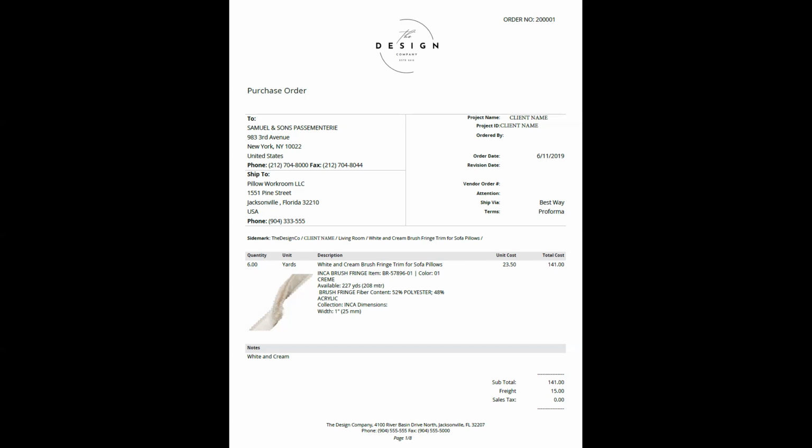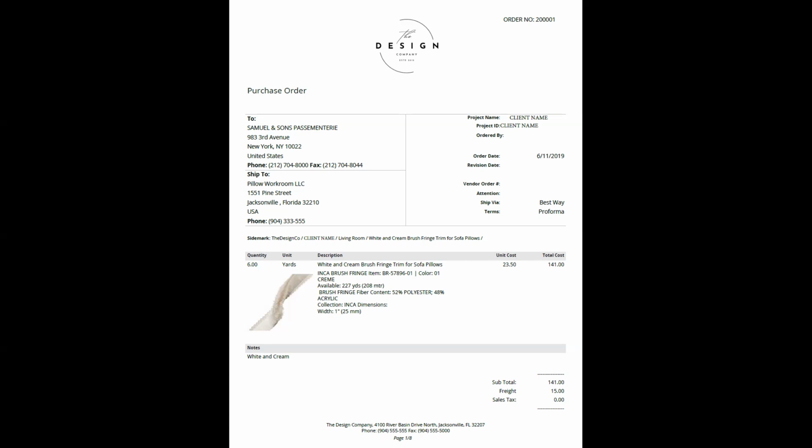In any case, it's possible that the incorrect fringe color or style could show up. And that's why there's a photo of it here. There's a description of it, and if this is going to be shipped directly to the pillow workroom, the workroom might have the specification information that we saw in a preceding video so that they can confirm.